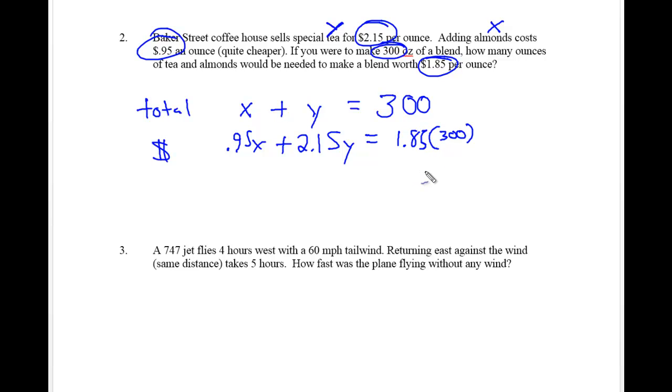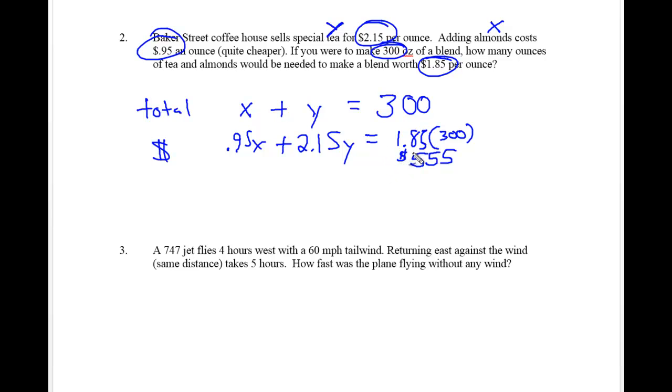In the previous problem, we actually knew the total amount of money spent. But in this case, if we're making 300 ounces, we've got to multiply that by $1.85 to see how much money that is technically going to make. And so I've done the math on a separate piece of paper, and I know that that is actually $555. So if I make 300 ounces at $1.85, I'm making a total of $555 worth of this special tea and